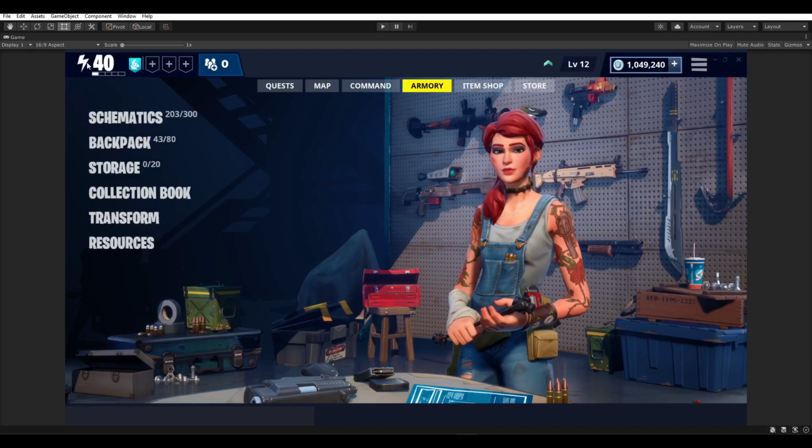From the top left, we've got the power. I think this is level of power. I'm not really sure what this is in Fortnite, but we have an image with a text and some sort of a horizontal filling bar. And next to it, we have 4 similar buttons with a custom filling image. Like this one is the default, and then you can fill it with different images. And last, we have an image container with an inside image and a text. So these are all the elements of the